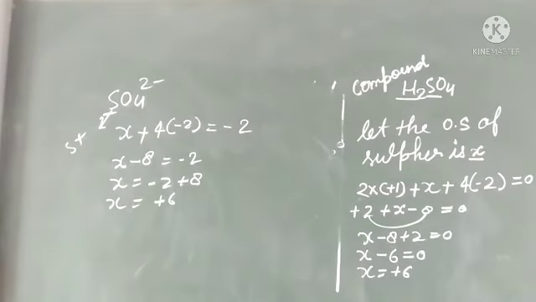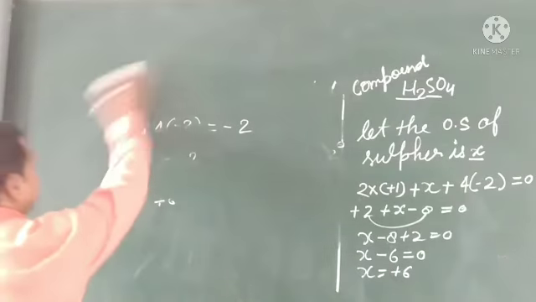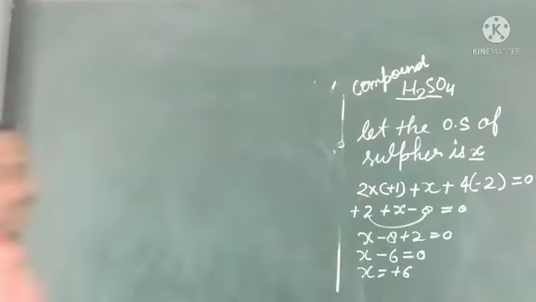Okay children? So like this we can calculate. Some more examples you can solve. They may be given in your book. Some more questions you can solve from your book, and that will be clear to you. So some compounds I am giving you, just solve for the oxidation number here. From your exercise, question number first. So some compounds are there.